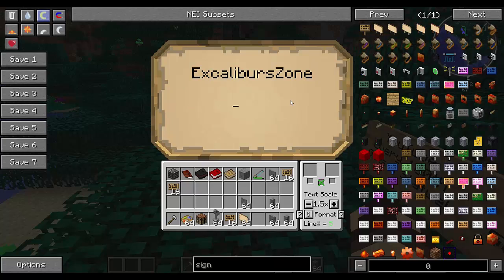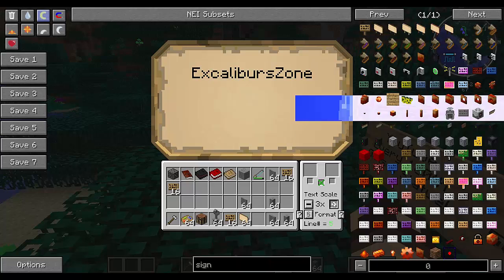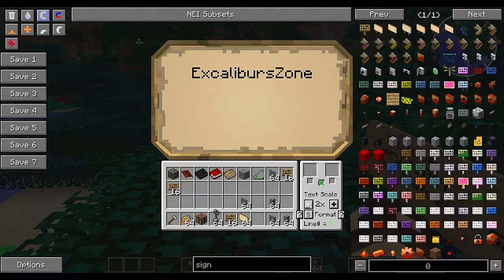Alright, so we go into the middle and do the price. And we can make the price not so large. There we are.